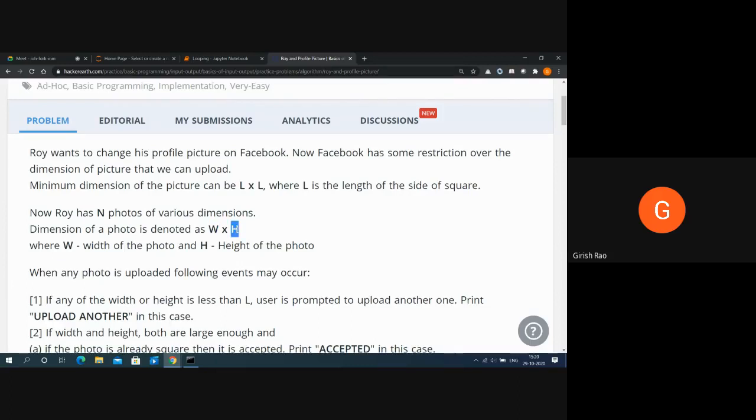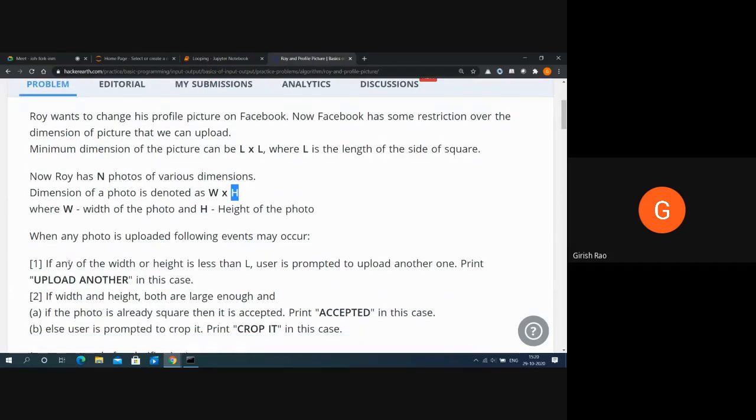Understand the problem statement. If any of the width or height is less than L, then the user is prompted to upload another one. Clear? That means it should display upload another pic. If width and height both are large enough and if the photo is already square, then it should display accepted.